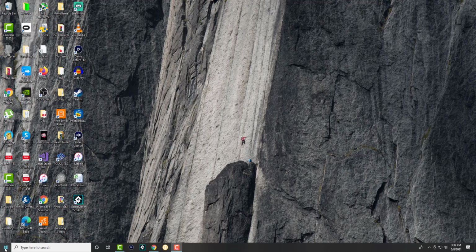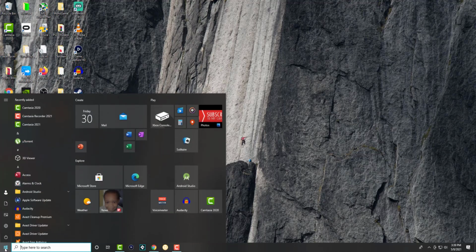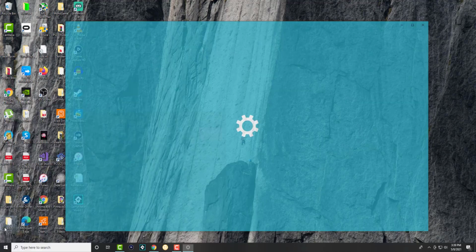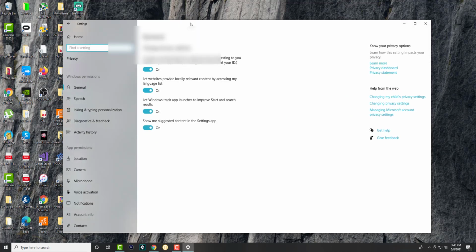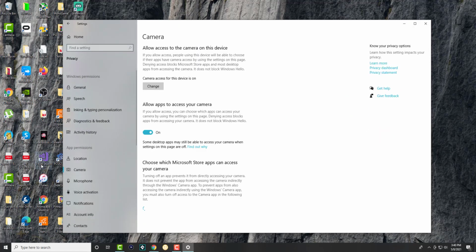So the first thing you want to do is click the start menu at the bottom left corner and click into the settings option. In here, we're going to click into privacy, and hover over to camera. So we're going to go to the app permissions and click camera. Over here, this is where it shows you the settings for your camera, your webcam, and you want to make sure that the section allow apps to access your camera